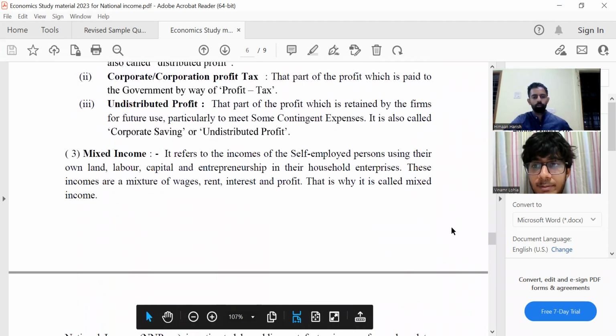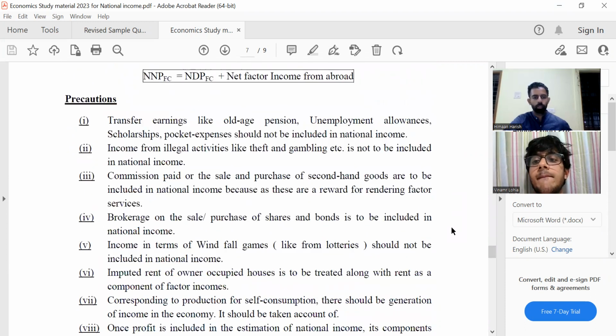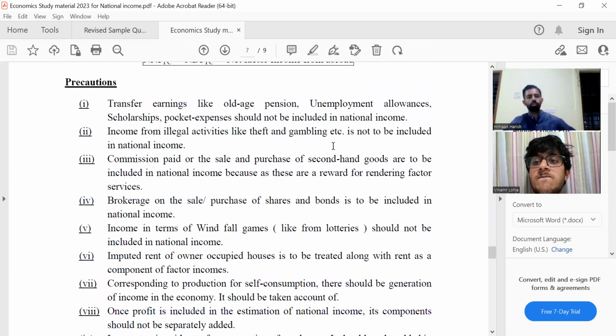There's operating surplus. There's no mixed income, so we'll just remove that. And the precautions. Yesterday we had a problem in the sample question paper where we had to